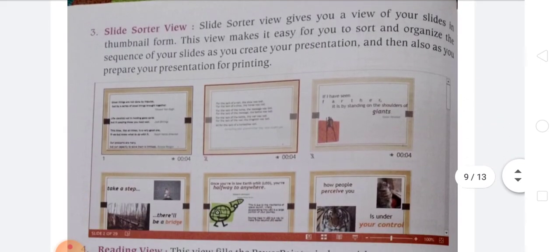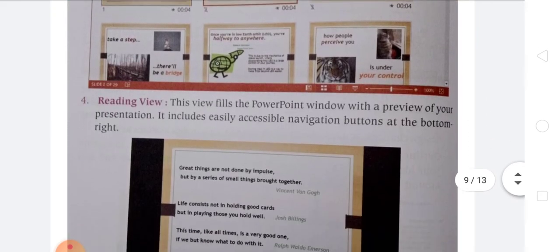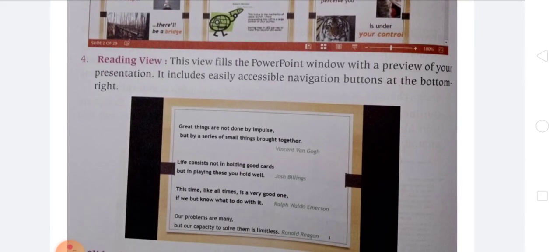Here you see the slides or thumbnails are sorted in a particular arrangement, and this is known as slide sorter view. Then reading view. Whenever you click on reading view, it fills the PowerPoint window with a preview of your presentation. It includes easily accessible navigation buttons at the bottom right.